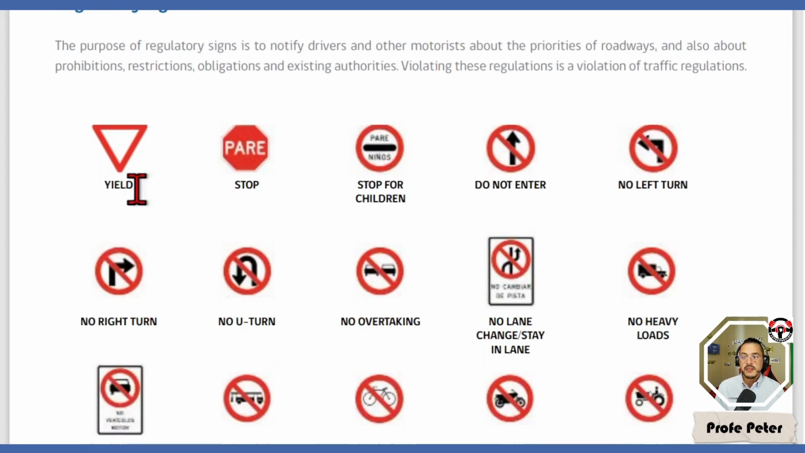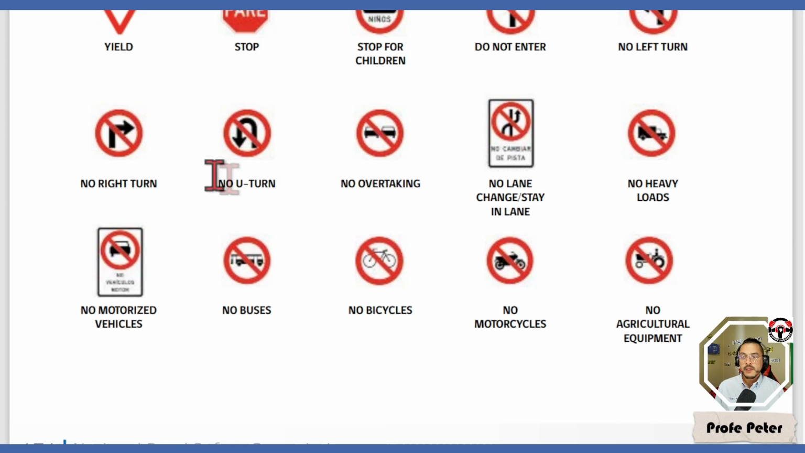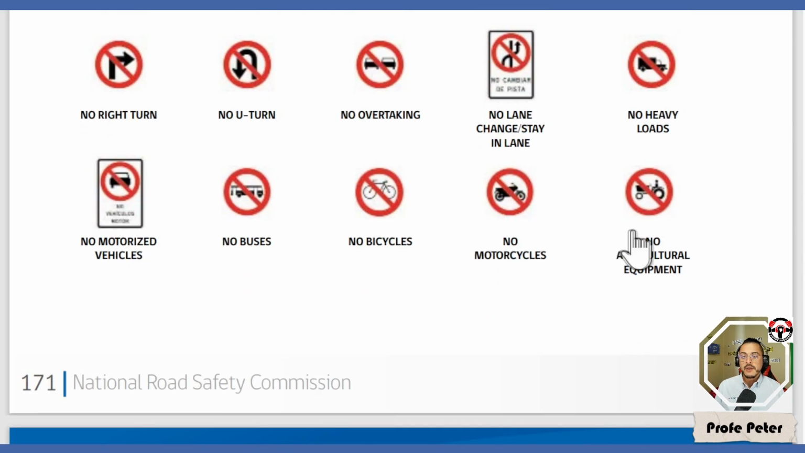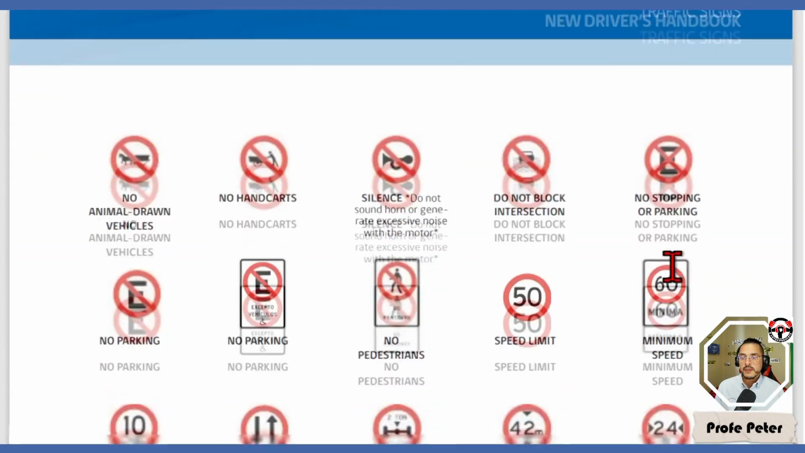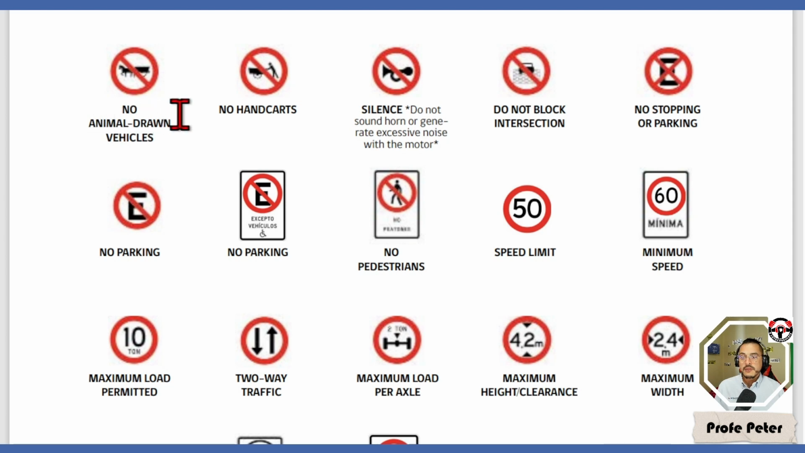For example, yield, stop sign, stop for children, do not enter, no left turn, no right turn, no U-turn, no overtaking, no lane change, no heavy loads, no motorized vehicles, no buses, no bicycles, no motorcycles, no agricultural equipment, no animal-drawn vehicles, no handcarts, silence, do not sound horn or generate excessive noise with the motor, do not block intersection,